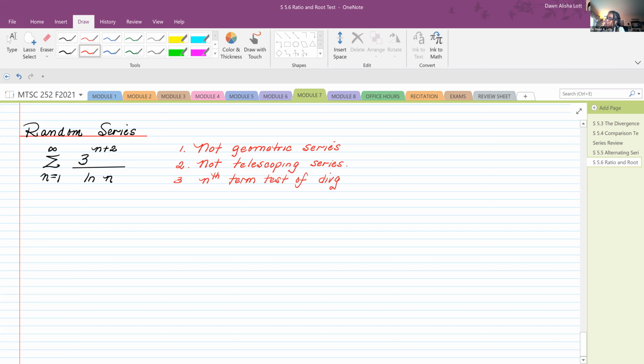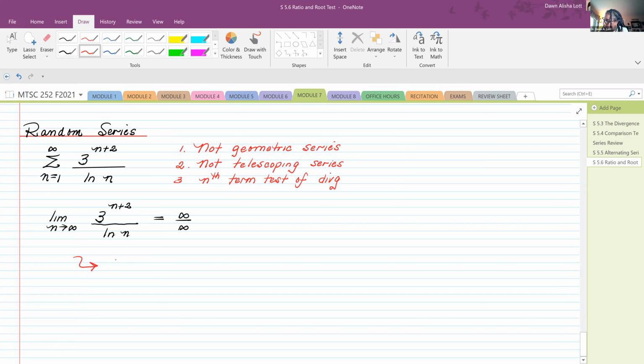Okay, so if I look at the nth term test of divergence, I have the limit as n approaches infinity of (3^(n+2))/(log n), but that looks like infinity over infinity. So if I use L'Hopital's rule, I get